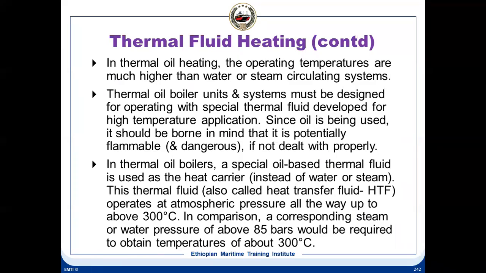Your normal lubricating oil, we just talked about that your normal lubricating oil has a base oil, which is mineral oil. But that same lube oil cannot be taken up to 300 degrees centigrade. What will happen to the lube oil? It will start cracking up. It will start carbonizing.